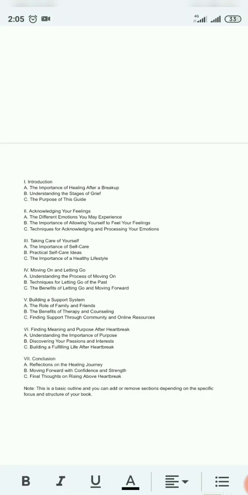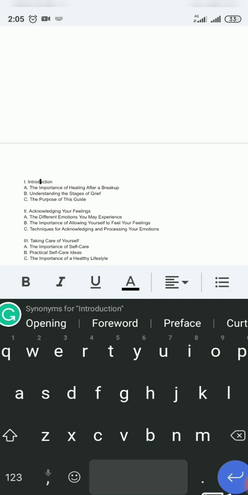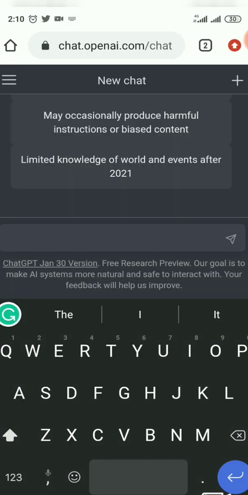So this is it. They are telling us normal. What you are going to do is be creative when you are writing your books. If you want to do your introduction, start with a storyline so that your book looks so real, as if you are the one who has gone through heartbreak and you are giving out the solution. After you have generated your table of contents, then for your introduction,